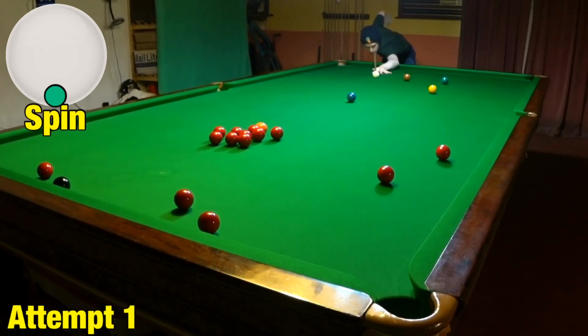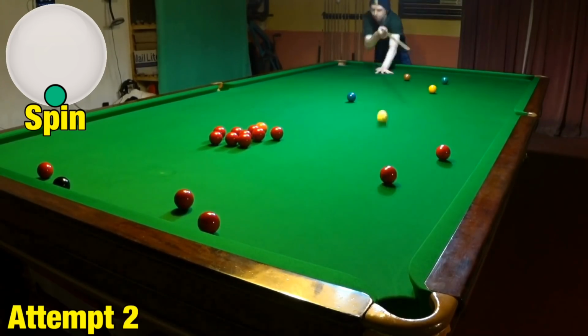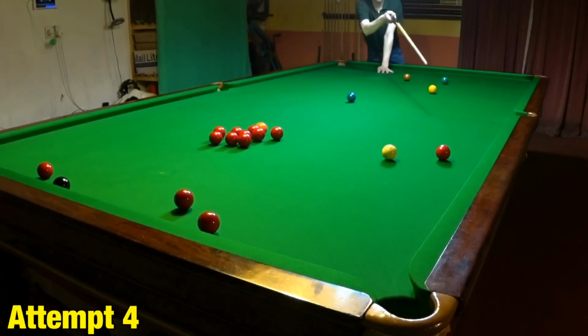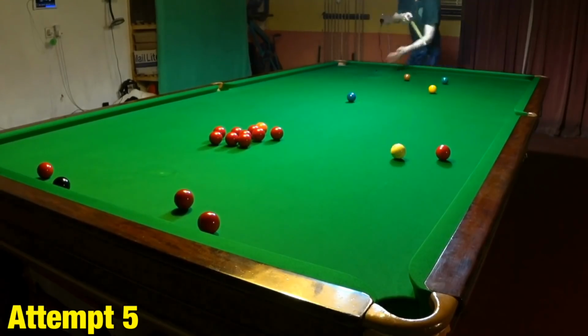What makes this shot incredibly difficult, at least for me, is the amount of backspin I have to generate to get back on the blue. This means both striking the cue ball as low as possible and trying to push my cue through as fast as possible. This made it very difficult to pot, and even when I was getting the shot I wasn't quite